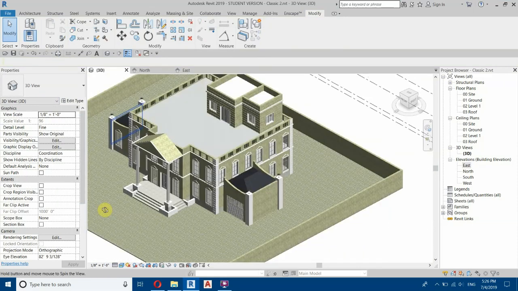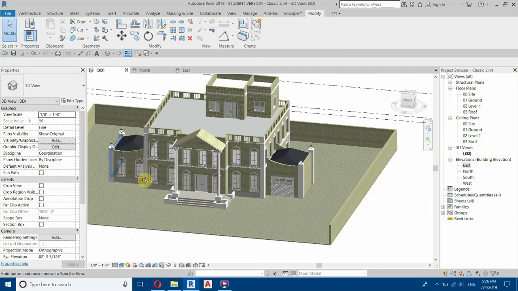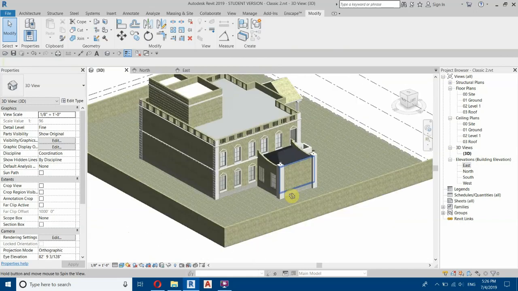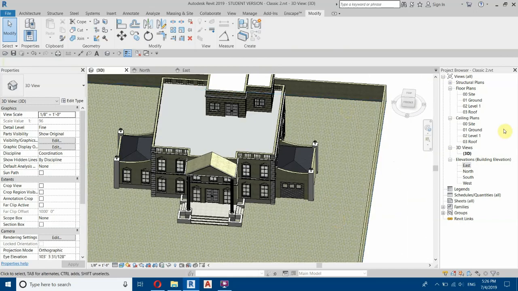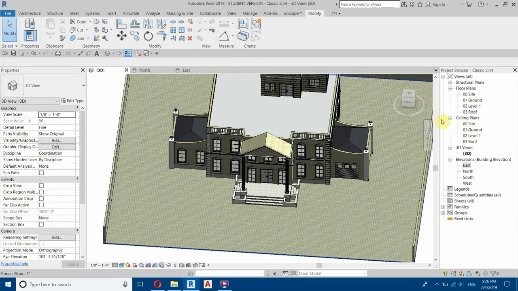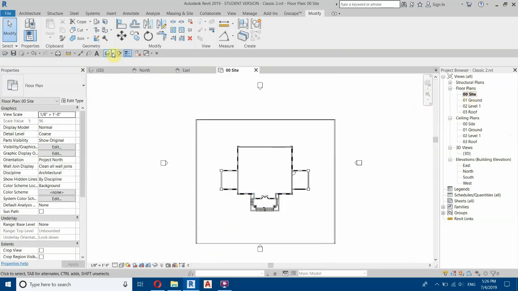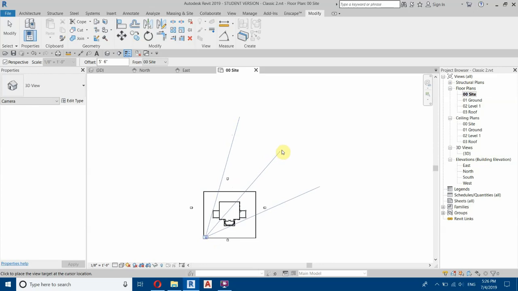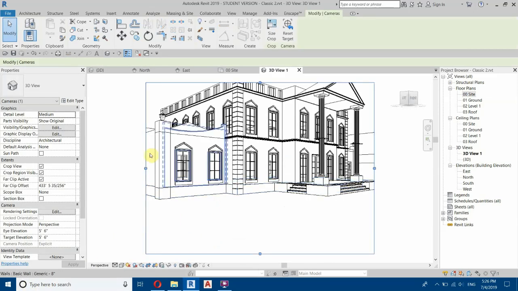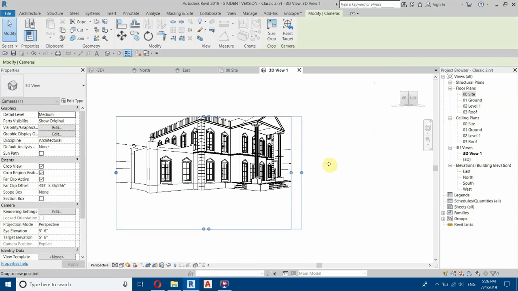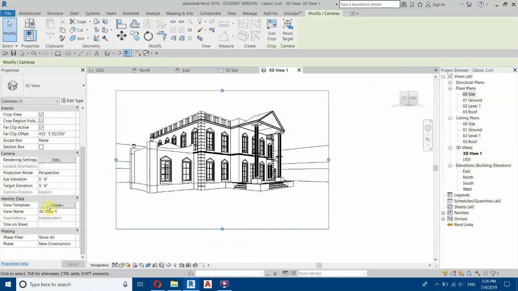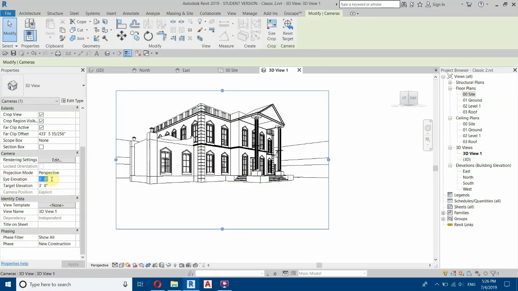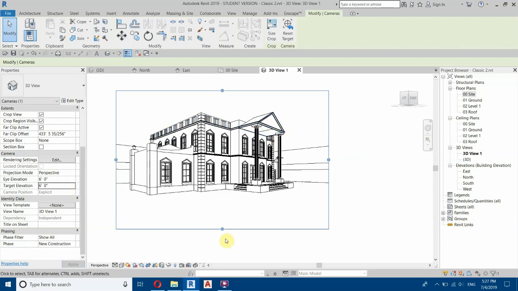So we have finished with applying the materials, and now let's add some trees around here. But before that, let's create a camera. So go to site plan, then we will create a camera from here, from this corner facing here, like so. But we need to edit the height of this camera. Let's just change that to 6 feet by 6 feet. Okay,